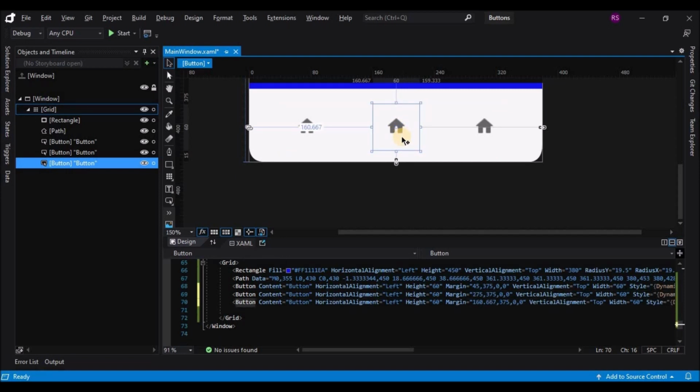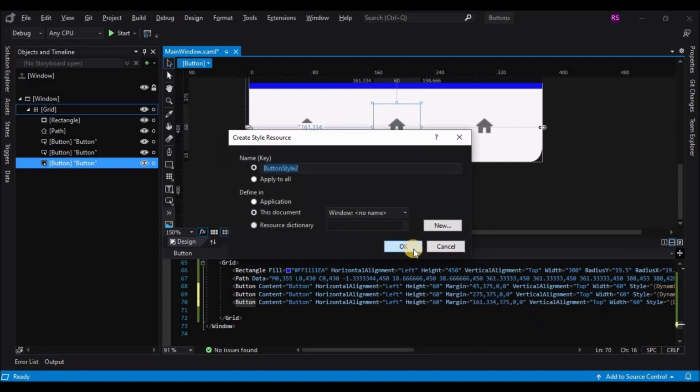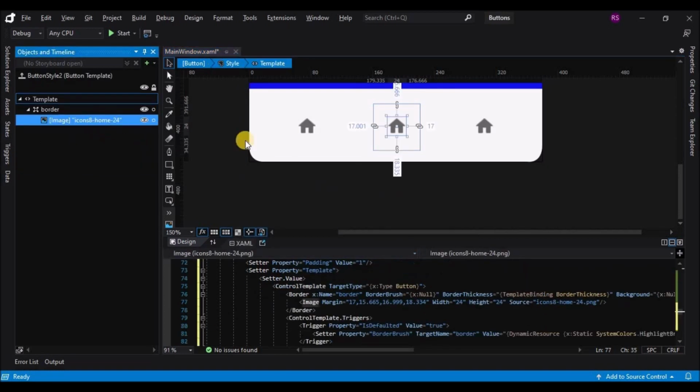So I will again right click on each button and edit template, and edit a copy, and not edit the current. I'm going to edit a copy so that it creates a different template for each button.